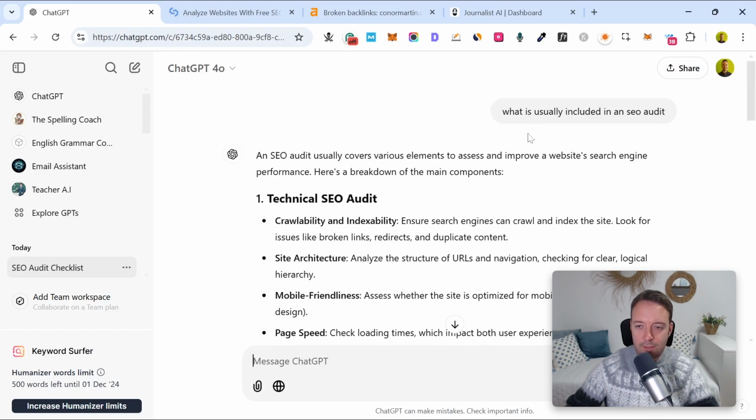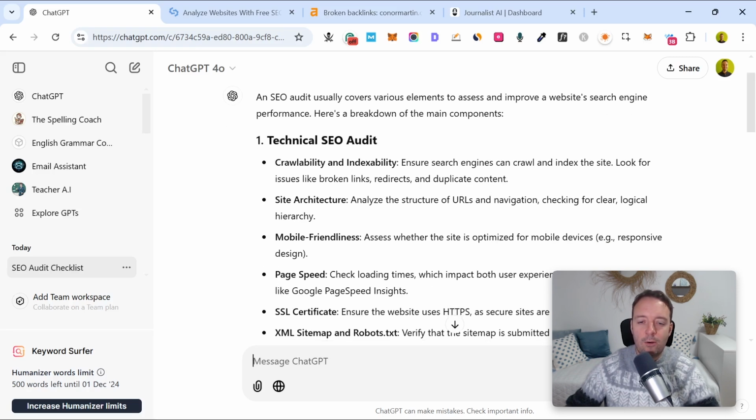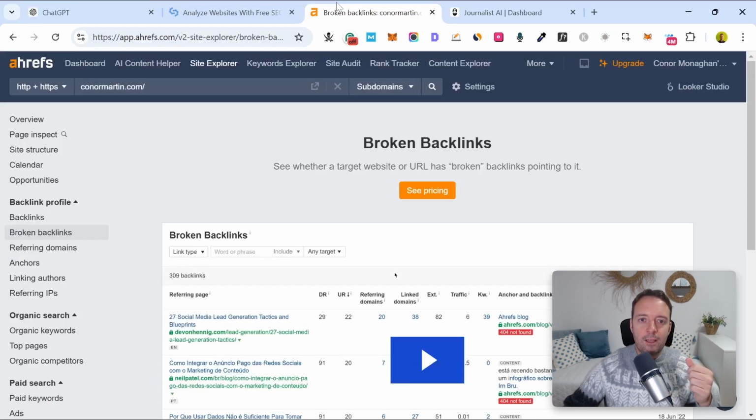So I just ask for a simple prompt here, what is usually included in an SEO audit, right? So just go through some of these things. And if you want to hire a company, then that's usually what people do as well. It's a good idea sometimes to get SEOs to check out everything on your website, right? It depends on your website, right? If it's really, really bloated, then it could be time to do an SEO audit if you haven't done that, right? So some of the tools that I use are,